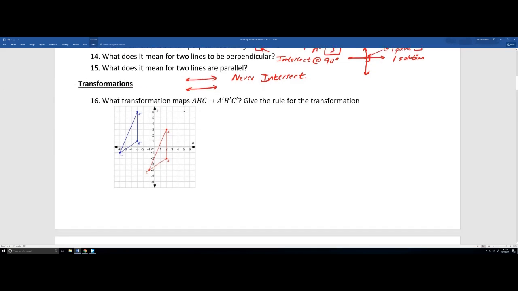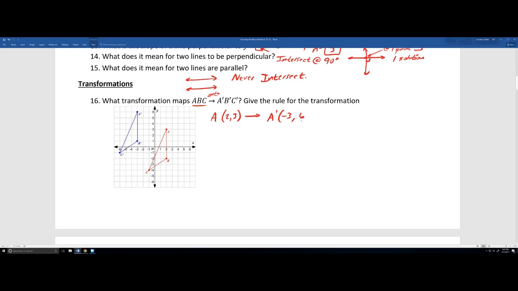Transformations, number 16. What transformation maps on? So we're talking about mapping from ABC onto, again, remember that arrow means onto, A prime, B prime, C prime. All right, so it's basically the red triangle to the blue triangle. Now, if you notice, their positioning didn't really change, just their position. So if you actually look at A, A originally was at 2 comma 3. Okay, and then it moved to A prime, which is now at -3